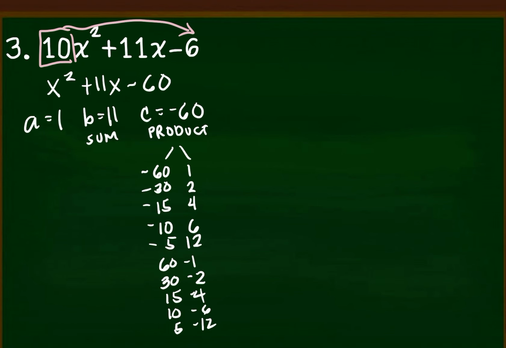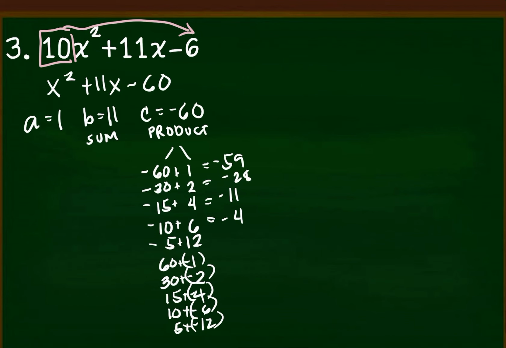And then, we add. Negative 60 plus 1 is negative 59. Negative 30 plus 2 is negative 28. Negative 15 plus 4 is negative 11. And then, negative 10 plus 6 is negative 4. Negative 5 plus 12